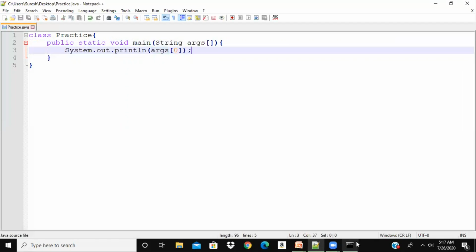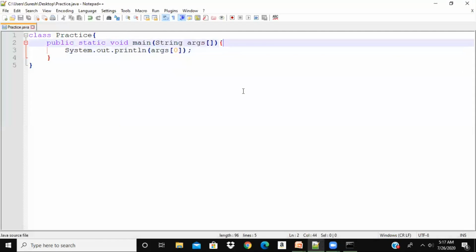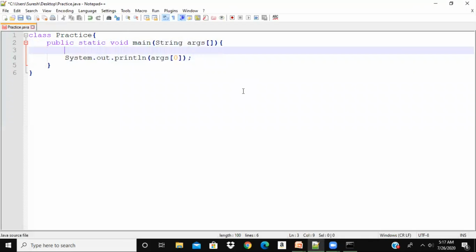Generally at runtime, we don't know how many arguments will be given by the user. What should we do? In Java, an array is an object, and the array has an instance variable known as length. We can use length to find out how many elements are there in the array.